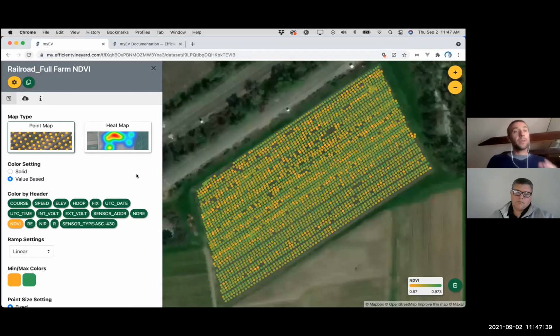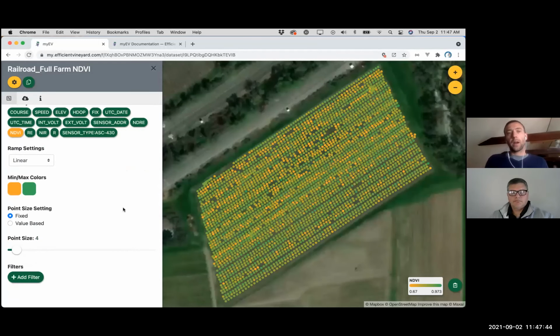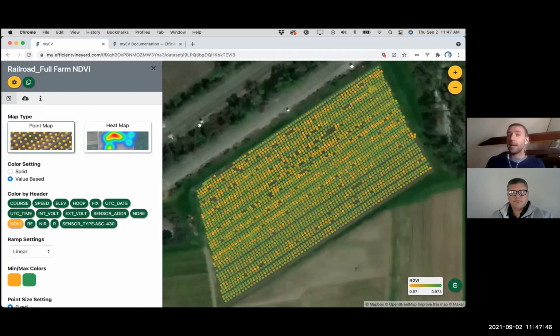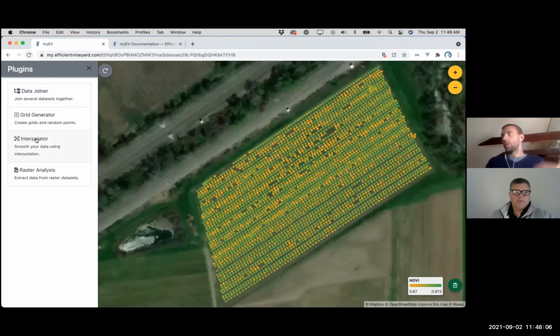And so now what we can do is an advanced feature called an interpolation on this block. I won't go into the specifics of it. Basically, that's going to smooth the data out and present us with a zoned map that's going to give us a little bit more of a useful map. We put all of our advanced features in the plugins drawer right here, and we're adding new features as we go. We have something called an Interpolator. So if I click on that,